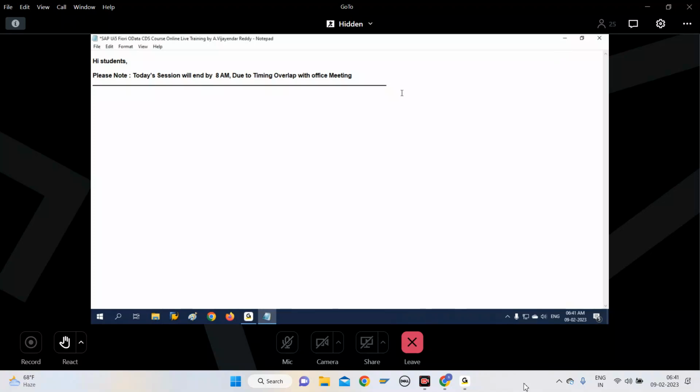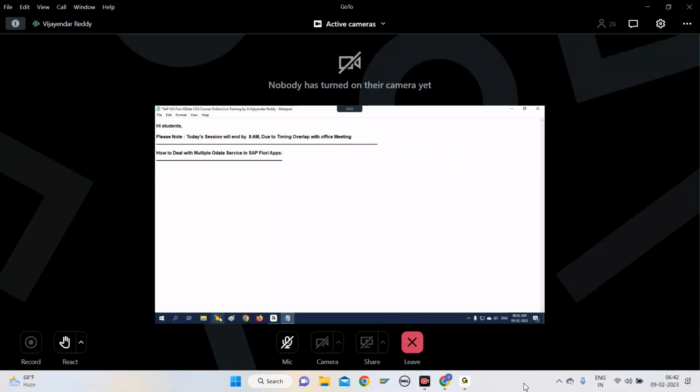Okay, let me start the session straight away. So today we'll try to take up two simple topics. One is how to consume multiple services and how to make use of a fragment concept in our Fiori applications. So how to deal with multiple OData services in SAP Fiori apps. And we'll try to go with fragment if time is suitable. So here you can see